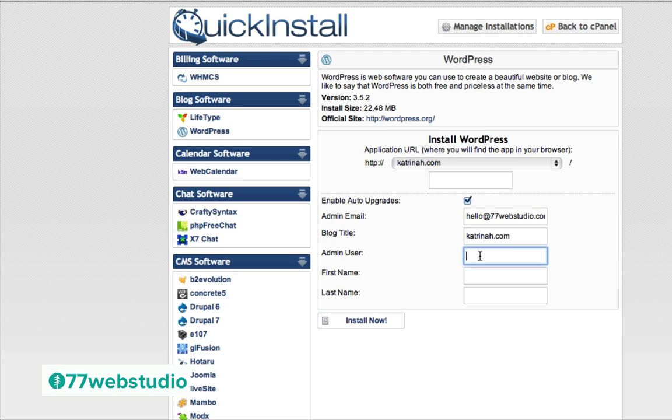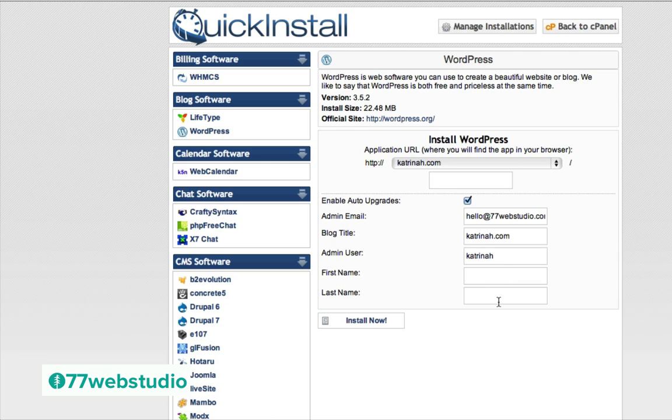Next, you want to add an admin user. Now, this is a really important point because for a security purpose, we want to make sure that you do not include anything like admin or support or administration. These 3 words are really common, and those are the first things that hackers will try when they attempt to break into your WordPress website. So there's a lot of security measures that we can take to kind of protect our website, and one of them is to make sure that your admin user is something unique. So for the moment, I'll just write my name right here.